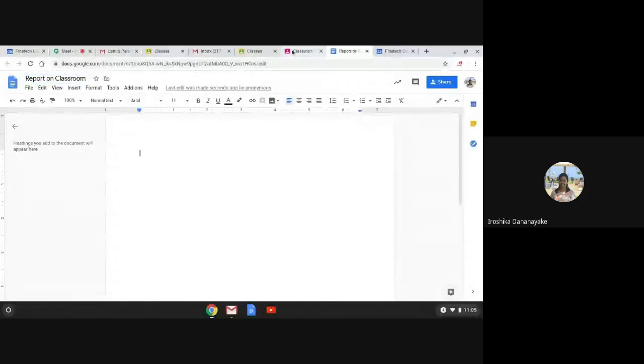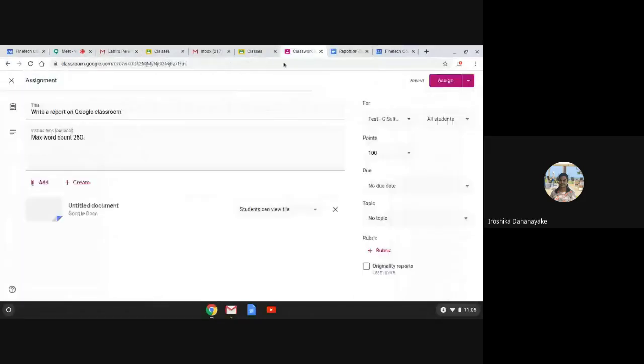Likewise, you can give a name, and that name will be automatically updated to this particular document as well. And in this document, there are 3 options available for you. That is important because we are adding a particular document saying that the user should use this document to write the report. In that case, you can select whether that particular user only can view the document, or